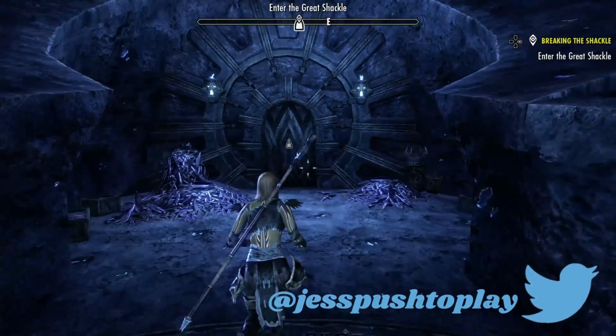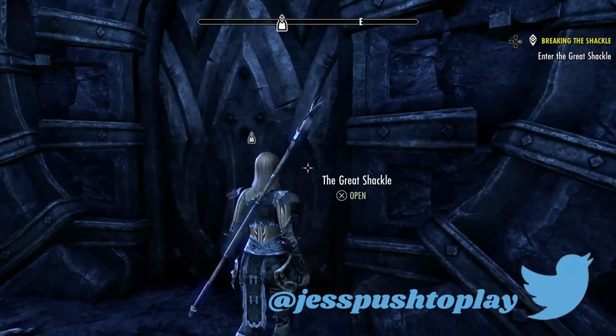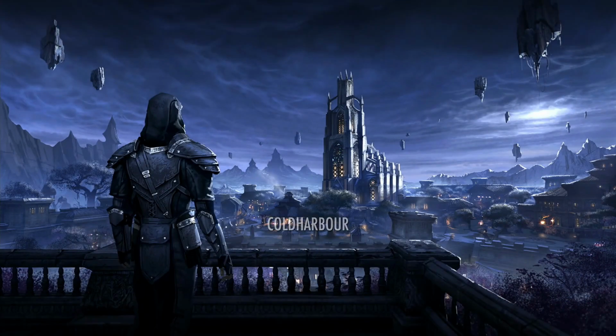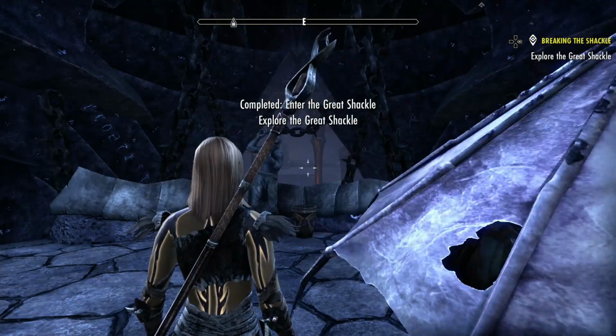Last episode, we rescued Vanus Galerion, and now we go deeper into the Black Forge to stop the Planemeld. Entering the Great Shackle,